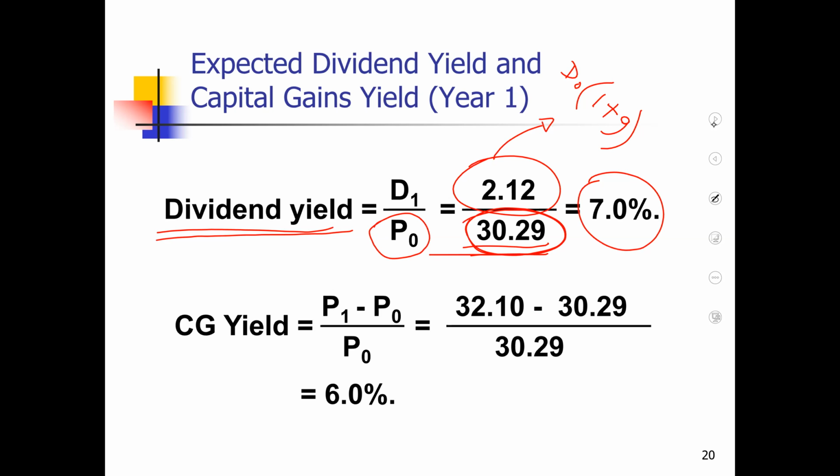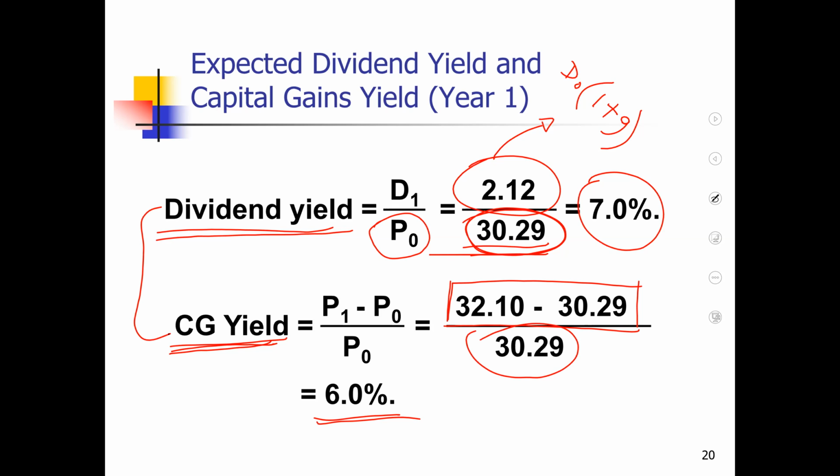In here, this change of market price, this benefit, we know as the capital gain yield. So it can be calculated as a percentage. This is what we invested, and after 1 year, this is what happened to our market value. That means P1 minus P0. So that's about 6%. So the total benefit we can get is dividend yield 7% and capital gain 6%, then a total of about 13%